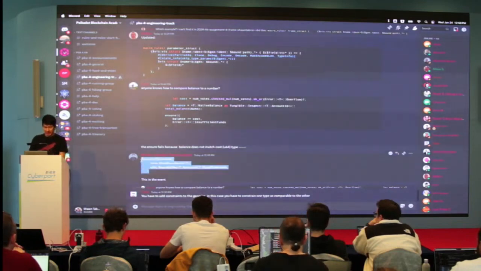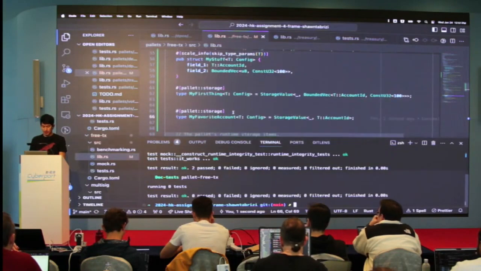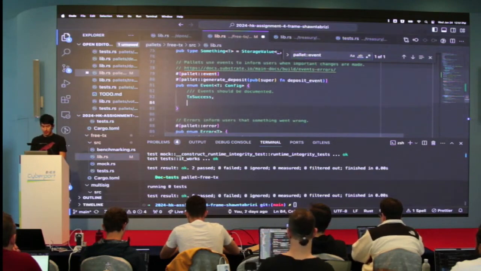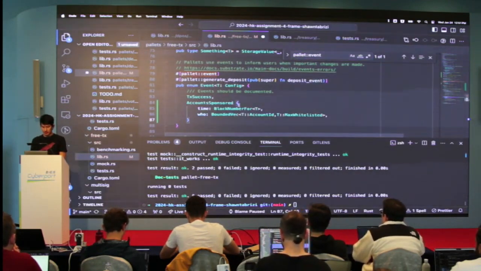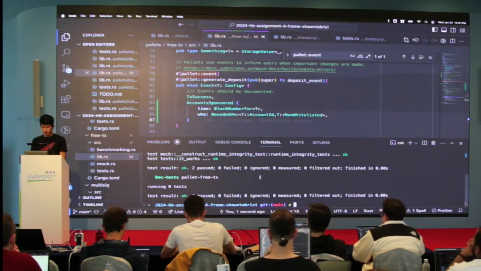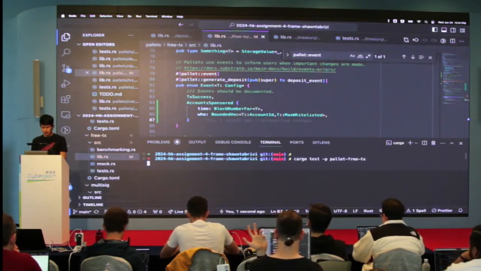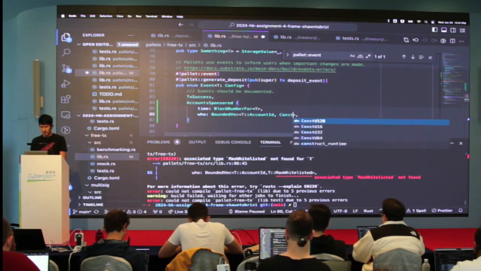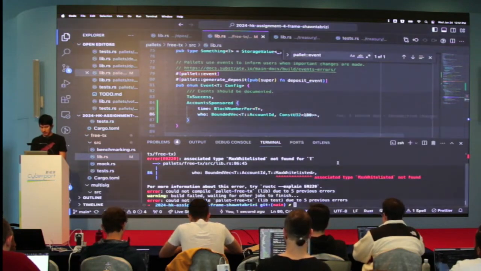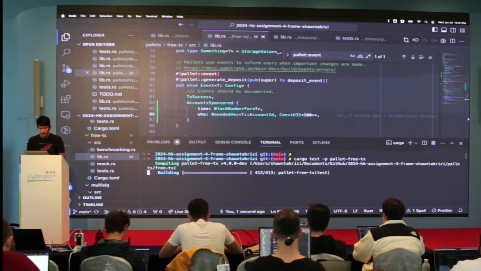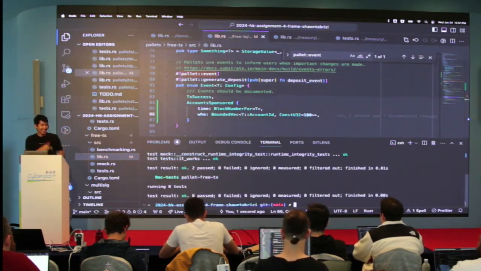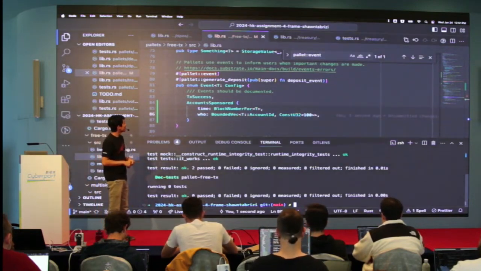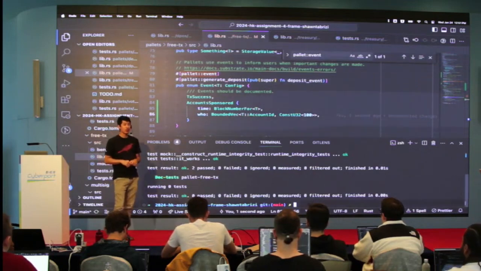So here is the thing. You want me to make an event like this? Yes. Okay, so let's do pallet event. And you want this event. Just put, for example, the get, the const u32 100. The problem is with the max, isn't it the maximum, like the associated type? Okay, yeah. Thank you.